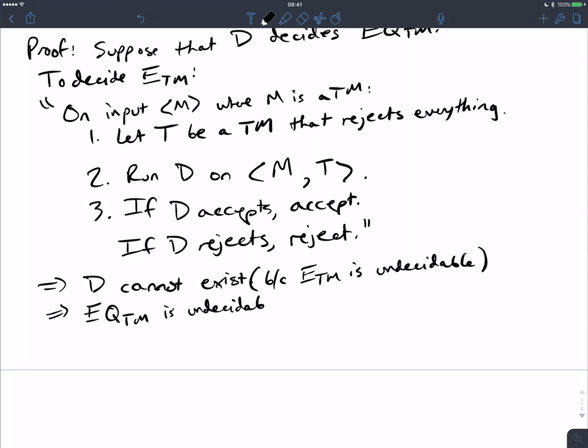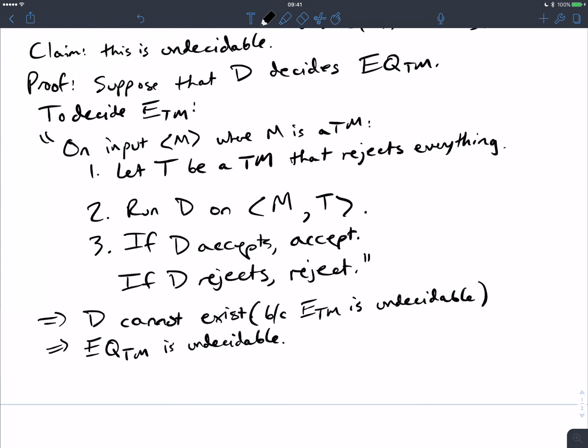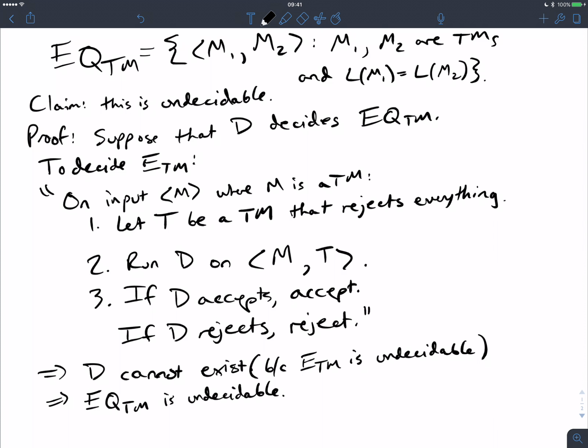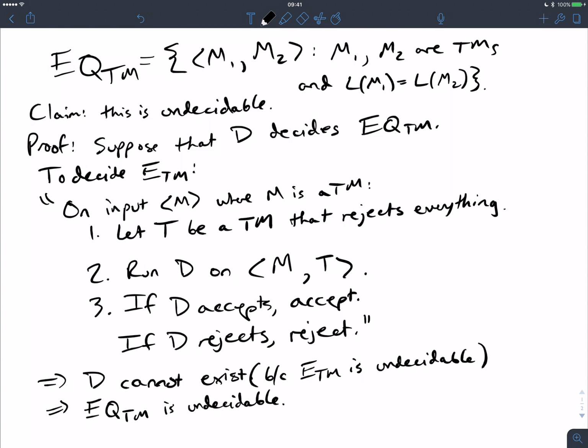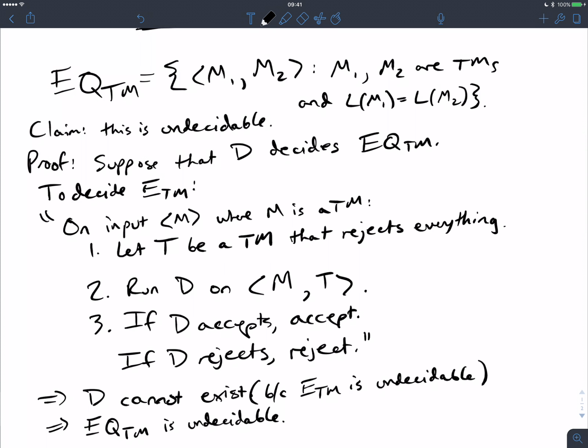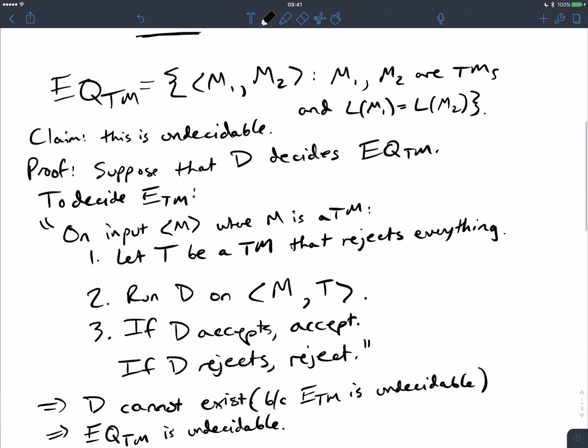So can you walk back through why you started at EQ and you went to E? Then, because we're looking for equivalence, which means they should have the same language. Yeah, I could have easily done ATM here. It would work perfectly fine. But you would have to work on it a little bit more, but ETM will make things a lot easier